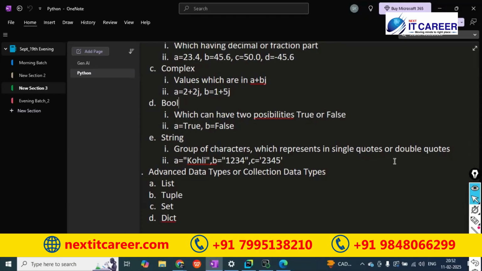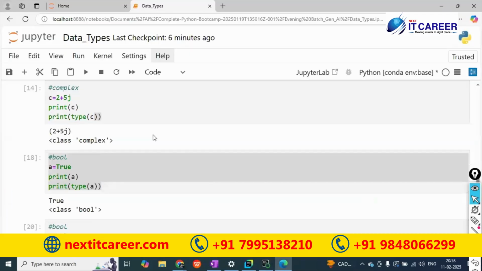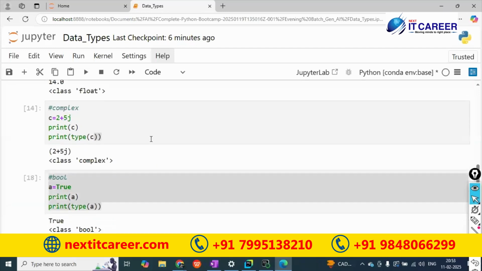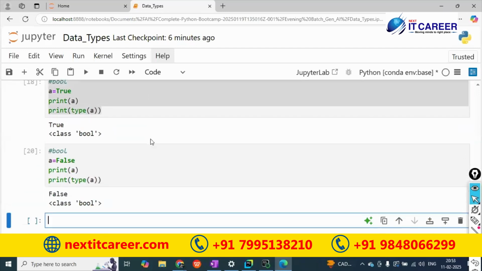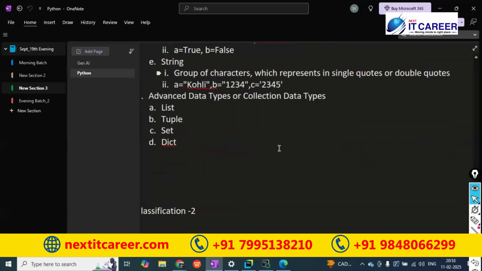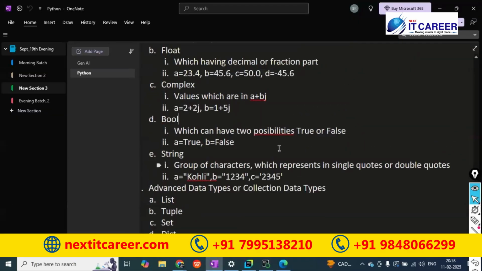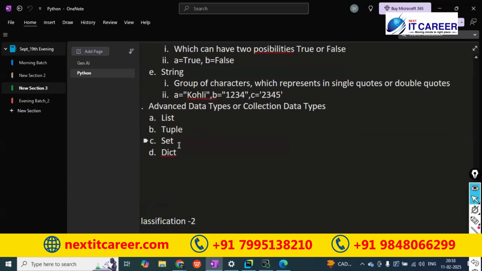I will give that use case in the upcoming classes while discussing strings completely. As of now, I am just touching the surface level and defining things. Don't think that I'm not going in depth; in the upcoming classes I will go in depth into each and everything, especially strings and the collection data types.